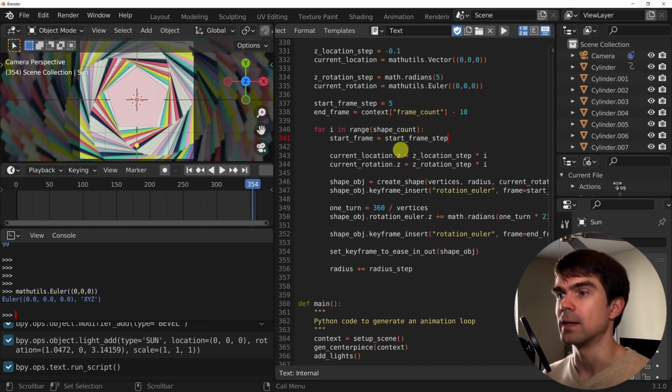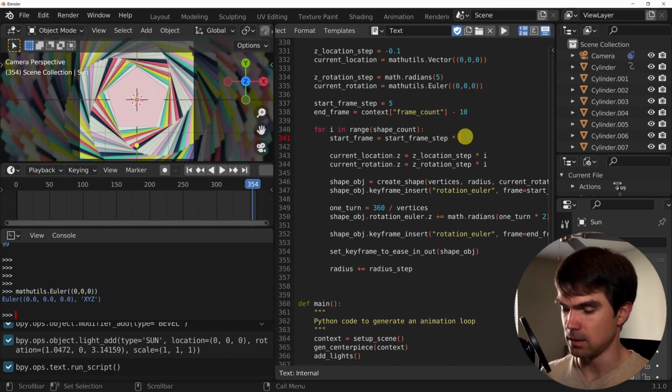So we're going to calculate the frame that the current shape created on this iteration will start on. So instead of just starting at 1, like everything starts together, we're going to offset each start, but we'll end at the same time. So let's see how that goes.